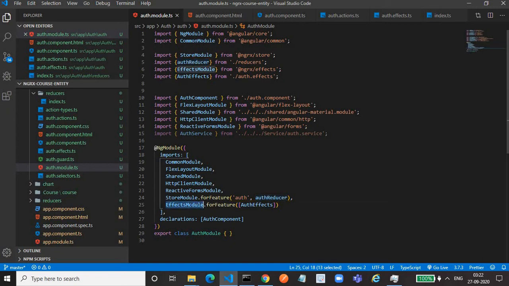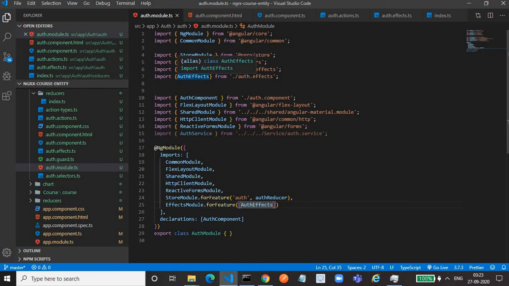Then we need an effects module. Why is the effects module needed? I want to store the user information in local storage also, so that on page refresh we are able to retrieve the user information. Storing the user information in local storage is called a side effect, and in the NgRx ecosystem it should be done through the effects module. So we use EffectsModule.forFeature, which takes an array as an argument. In the array we provide the effect that we have created. Again, we have to import that effect. This is the custom effect that we have created. We will see how we can create that.